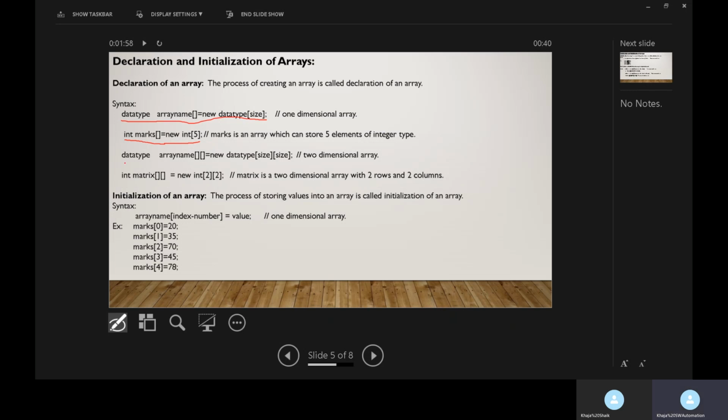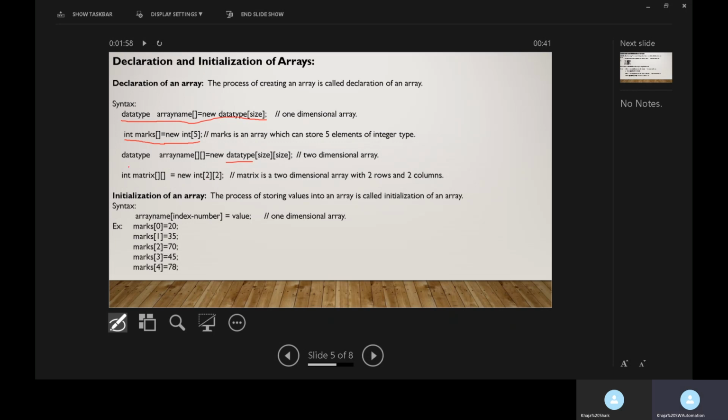Similarly, here we have one more syntax to declare two-dimensional arrays: data type, array name, 2 square brackets, new data type, row size and column size. The example is int matrix[][] is equal to new int[2][2], with row size 2 and column size 2.